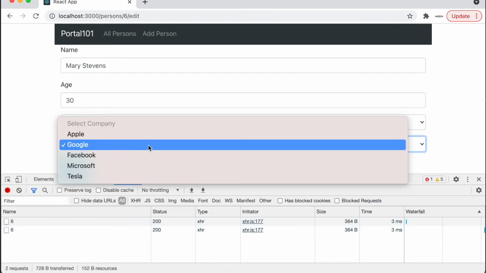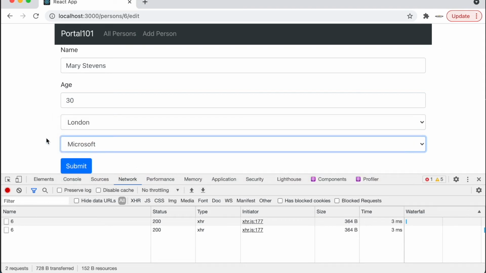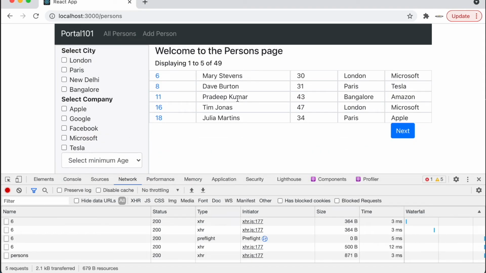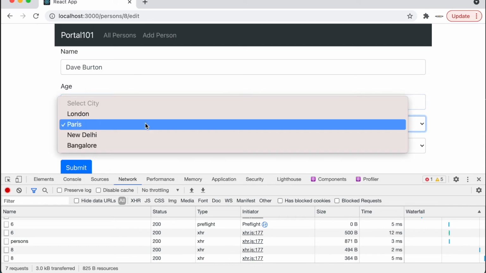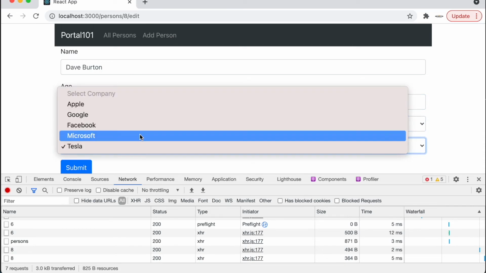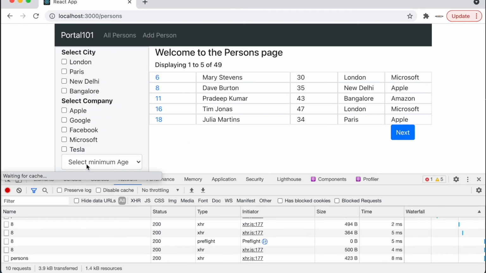And now if I say change it to Microsoft and submit it, we can see that the details of Mary Stevens have been updated and this has become Microsoft. Let's choose for Dave Burton, edit. Let's change the age to say 35, city to say New Delhi, and company to Apple. So we can see the details of Dave Burton have been suitably edited.